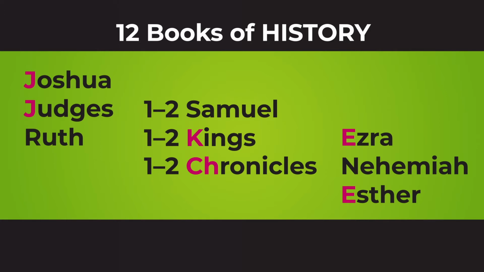Now, originally, when these books were written in Hebrew, they were each one book: Samuel, Kings, Chronicles. Hebrew is written without vowels, and so when the Old Testament was later translated into Greek, each book was too long to be included on a single scroll. So they were broken up into 2 books each. Samuel became 1st Samuel and 2nd Samuel. Kings became 1st Kings and 2nd Kings. Chronicles became 1st Chronicles and 2nd Chronicles.